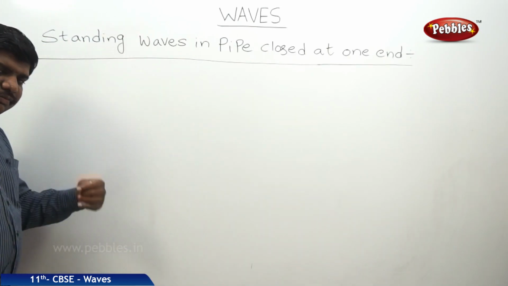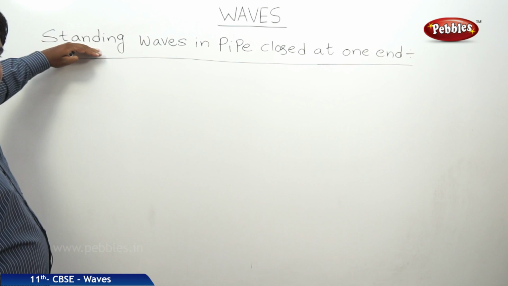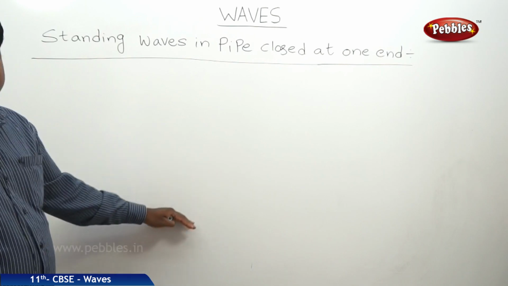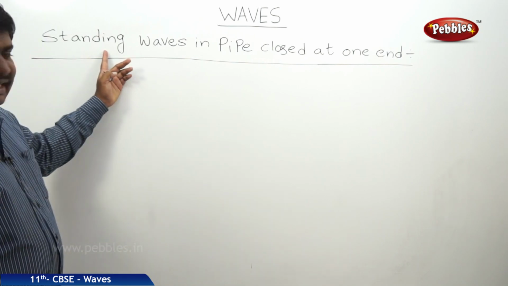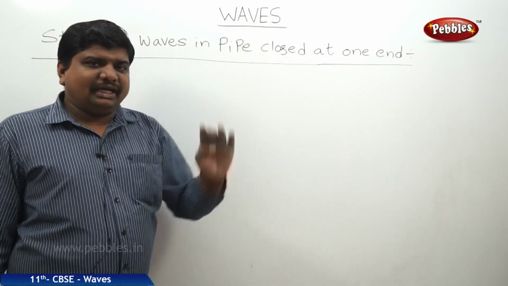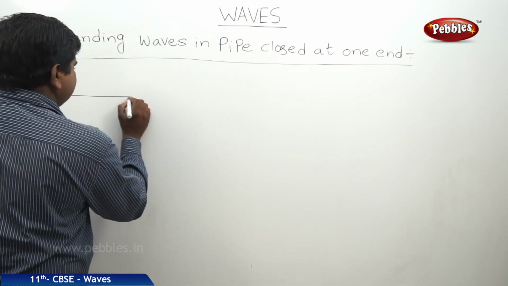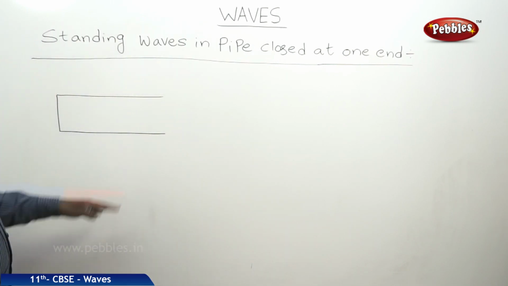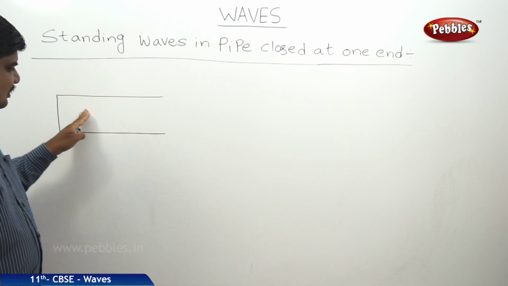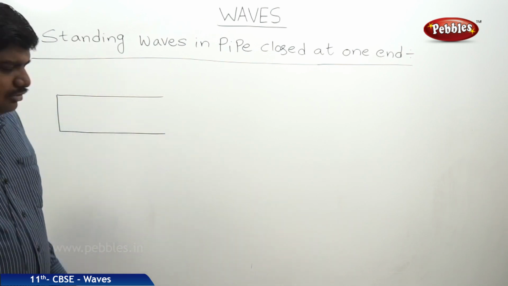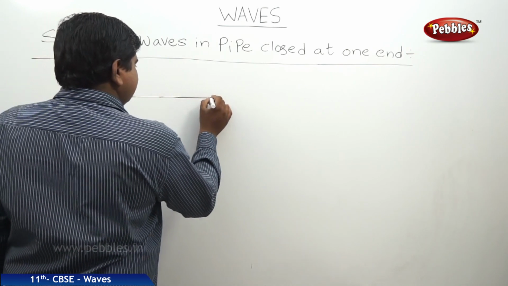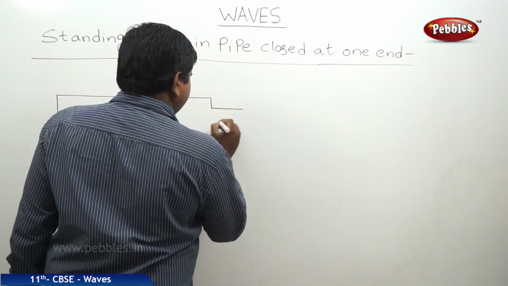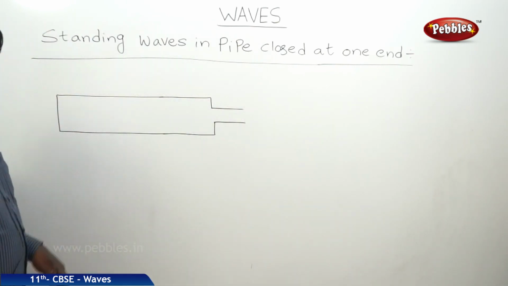So this is the continuation of the previous concept. We are discussing the standing waves in air column. Those are two types. One is longitudinal, one is transverse. And this information is about the longitudinal waves. So this title is standing waves in pipe closed at one end. That means there is a pipe closed at one end. An organ pipe consists of a metal tube inside, because metals are the best way to transfer the sound waves in solids. So this is one end which is open. This is another end which is closed.